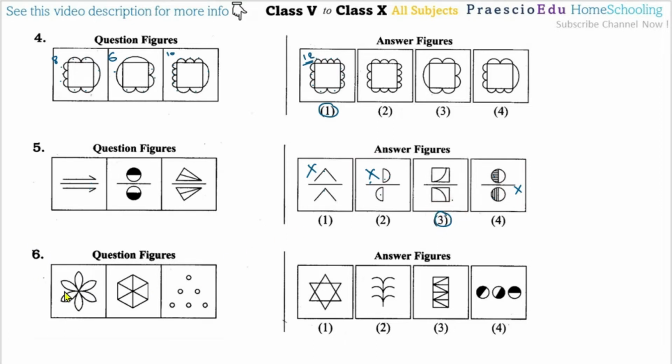So question number 6, here the number of petals is 1 2 3 4 5 6. Here also the triangles 1 2 3 4 5 6. Here the circles are 1 2 3 4 5 6. Continuing, the symmetrical part is here, which can be matched to option number 2, the correct one. In option number 1, the outer parts are the same but the inner one is different. So that's why option number 1 cannot be chosen. Only option number 2, meaning this arc, has all the counting as 6. So that's why option number 2 is the correct one.